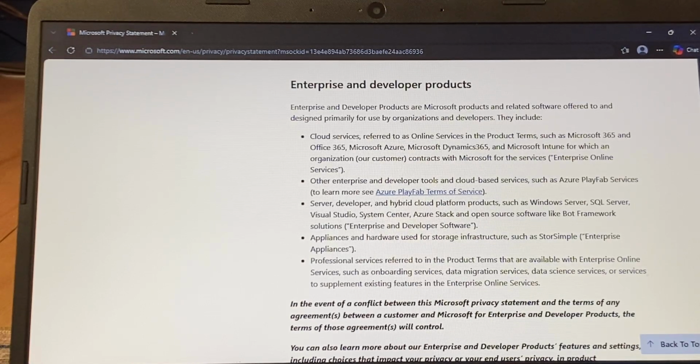Enterprise online services. Other enterprise and developer tools and cloud-based services, such as Azure PlayFab services. To learn more, see Azure PlayFab terms of service. Server, developer,